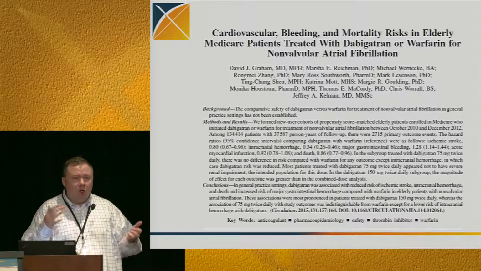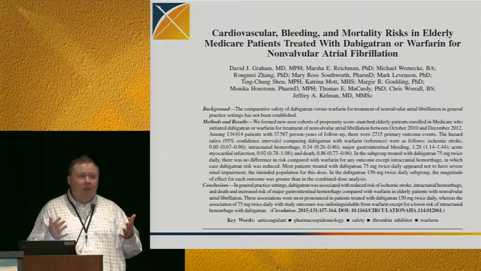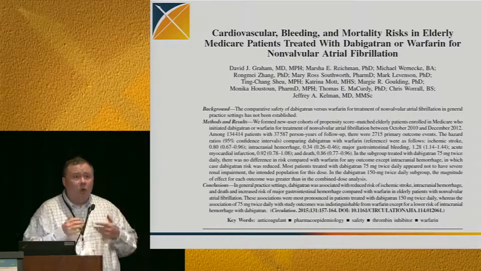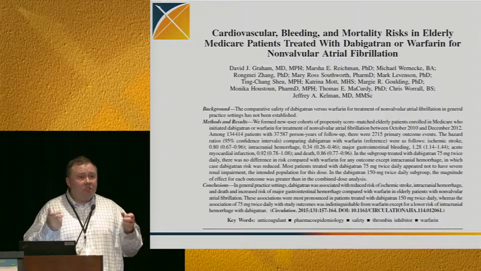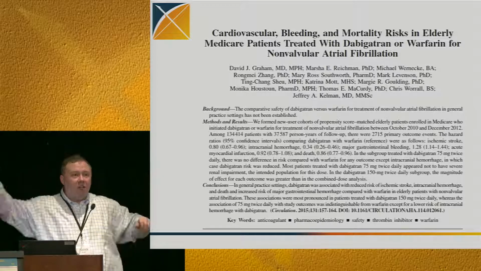Warfarin and dabigatran, which are two drugs for atrial fibrillation. And it's a study that was actually comparing the benefits and risks of those drugs in terms of which of those drugs might reduce the risk of stroke and increase the risk of bleeding. And so this was a study that was commissioned by the FDA, and they did the traditional single study paradigm